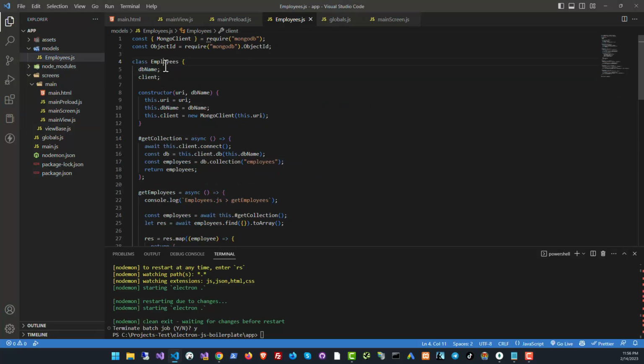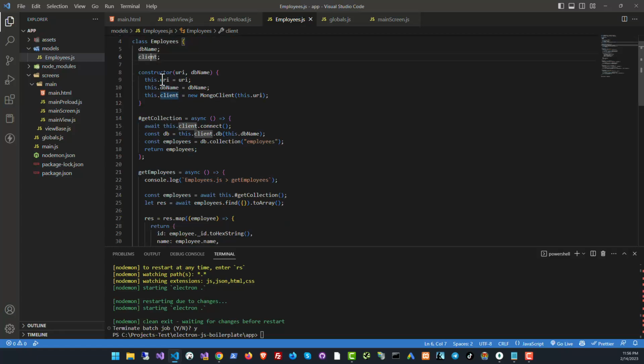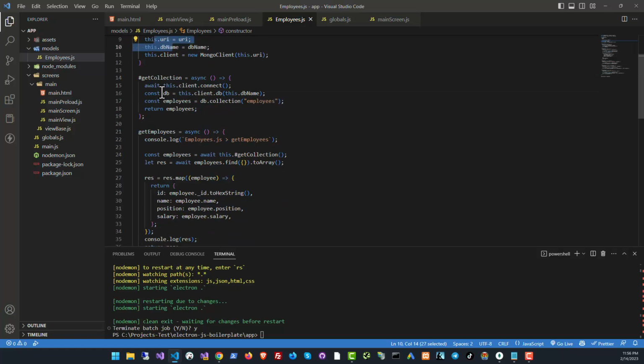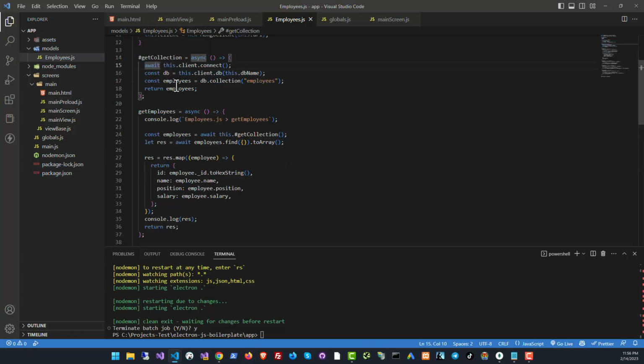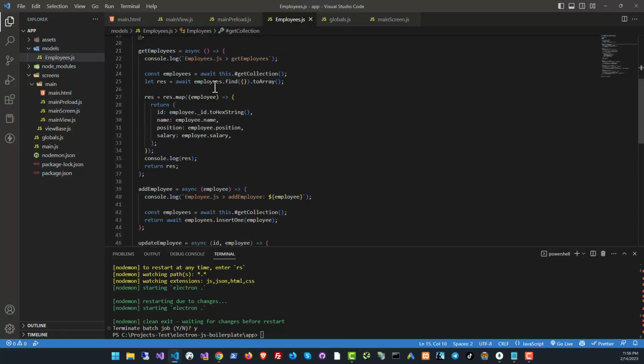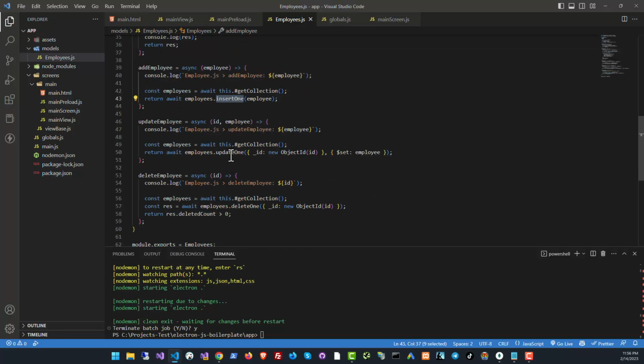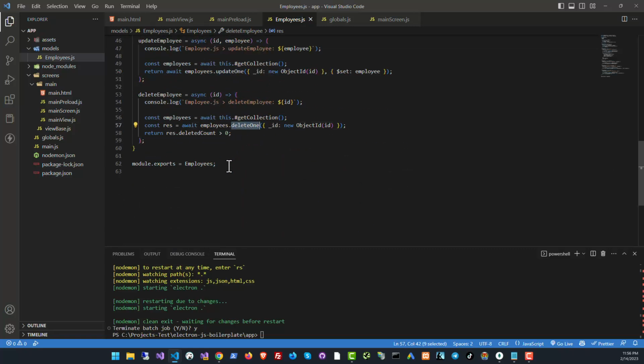We've got a class called employees where we are accepting the database name and the client. We have a constructor here where we are accepting the database connection string and the database name, and we are opening it using get collection. Anytime we call get collection, the database collection will be referred to and you will get a reference to it. And then you can use standard MongoDB functions like find, like insert one, like update one, like delete one to